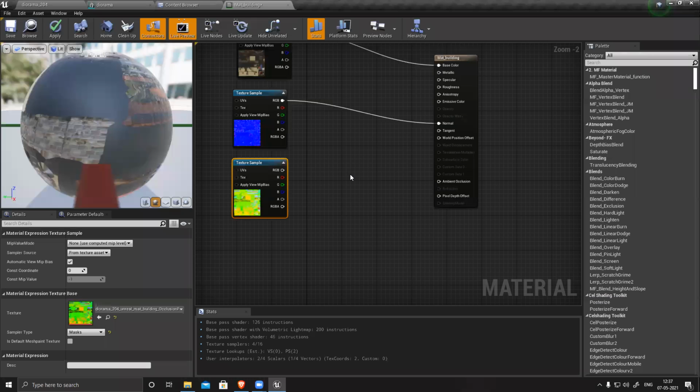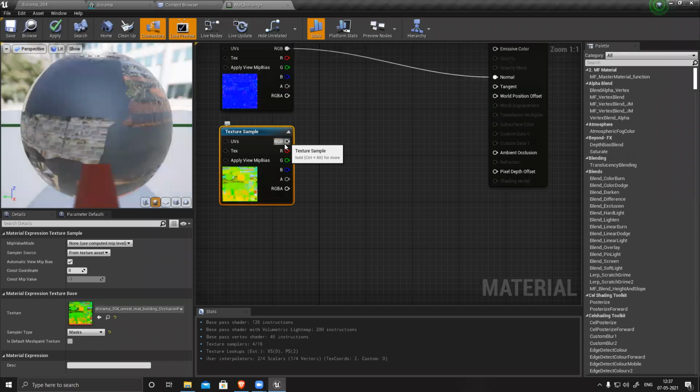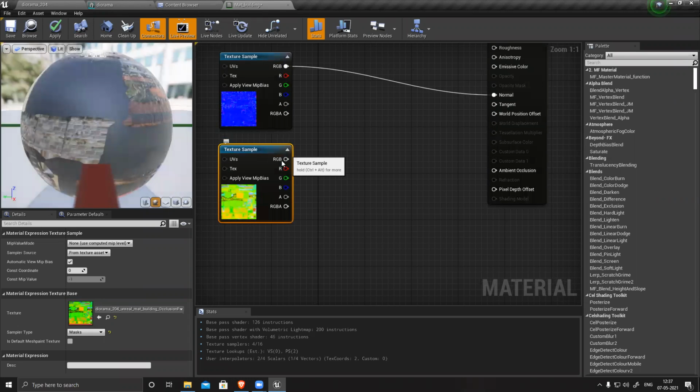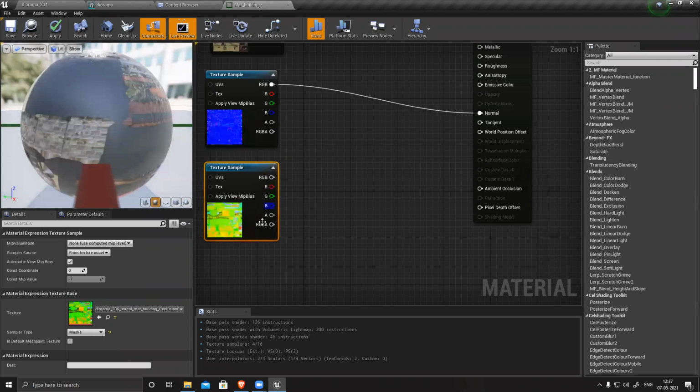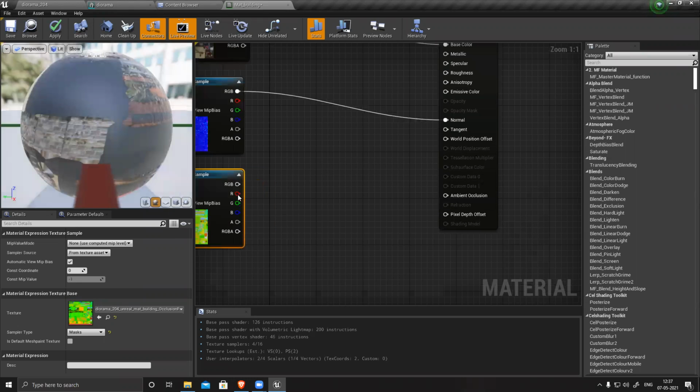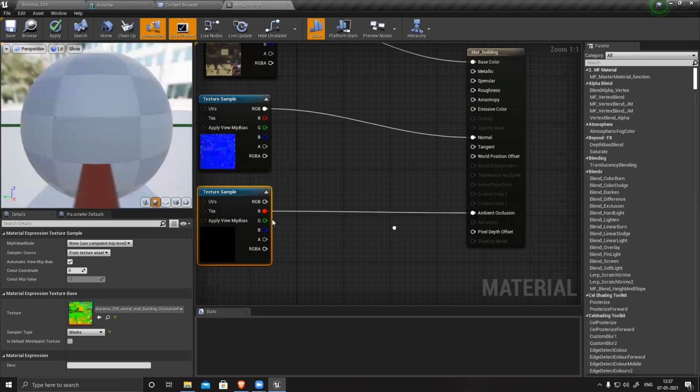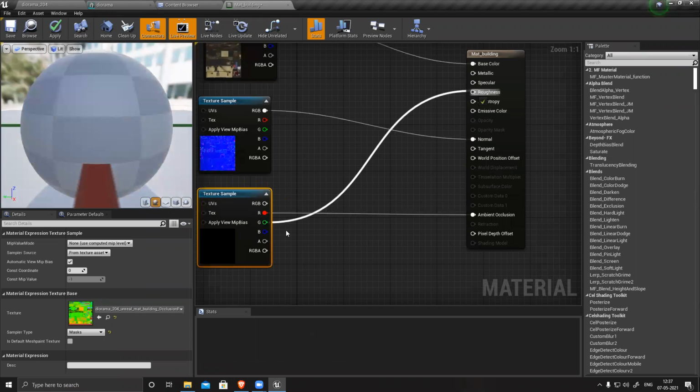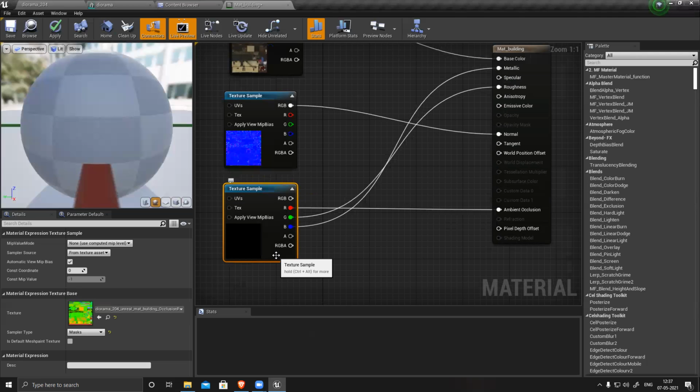So how do we do this? You can see we have RGB, all combinations of RGB output, but this is the combination of three different maps. So red is basically ambient occlusion, green is roughness, and blue is metallic. This is called the ARM map. A for ambient occlusion, R for roughness, M for metal.